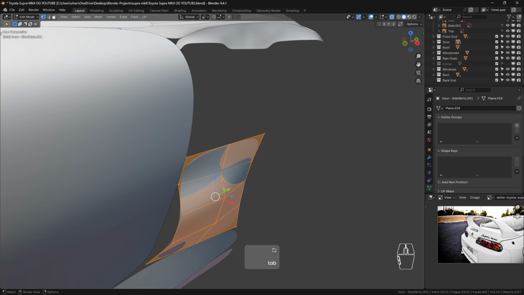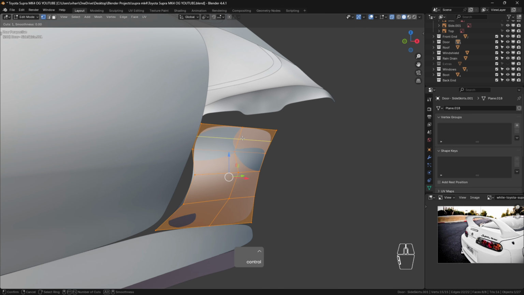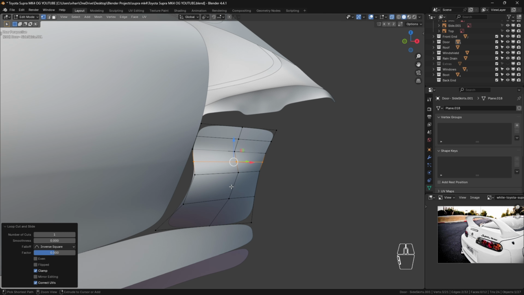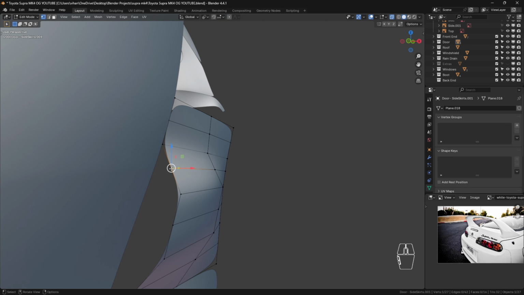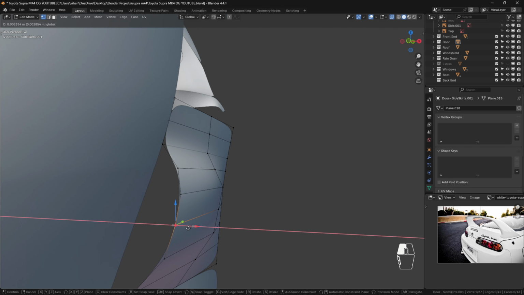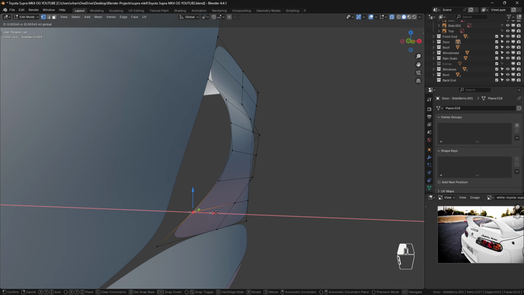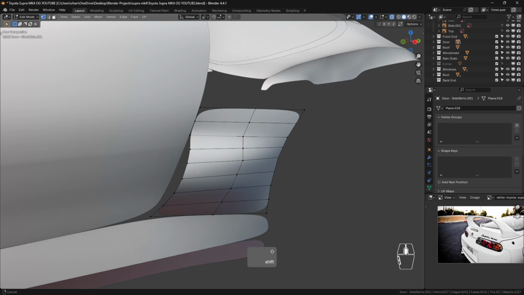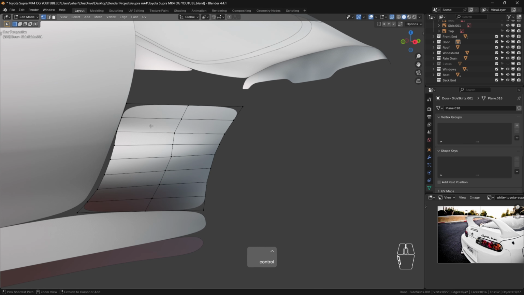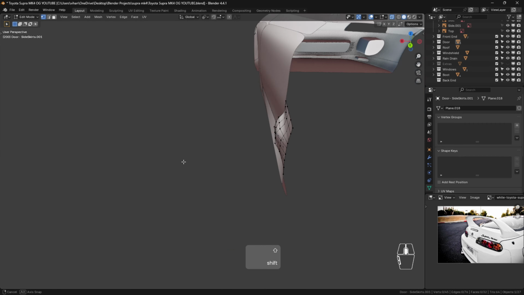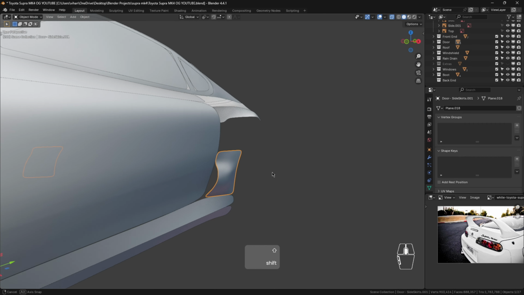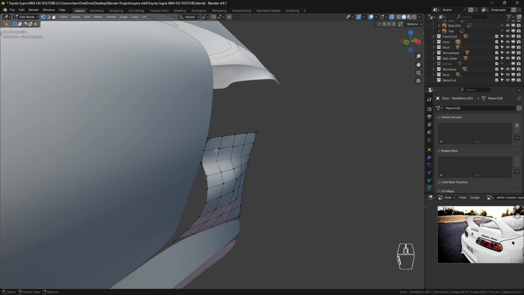So the very edge here, we just need more vertices. Alright. So just manually add them. Right. After you've manually added them, I'm just going to be spacing it out a bit, right, just like that. Yeah, and just add some more geometry right there. There you go, we've got a good geometry going there for the vent. And then let's just tab in,